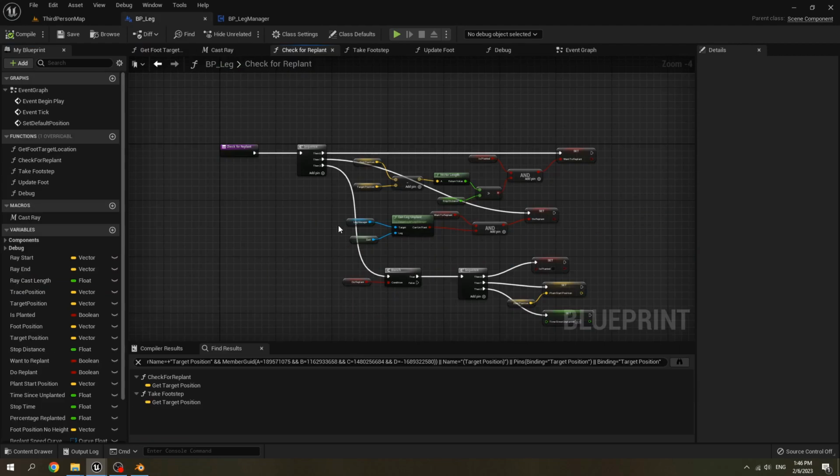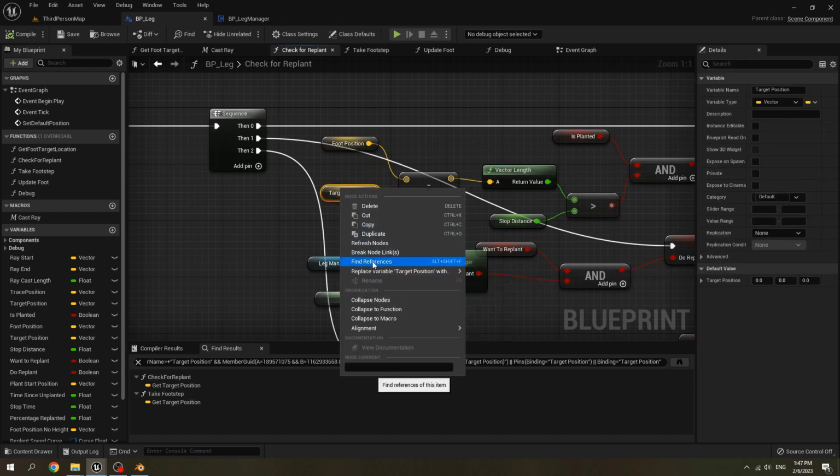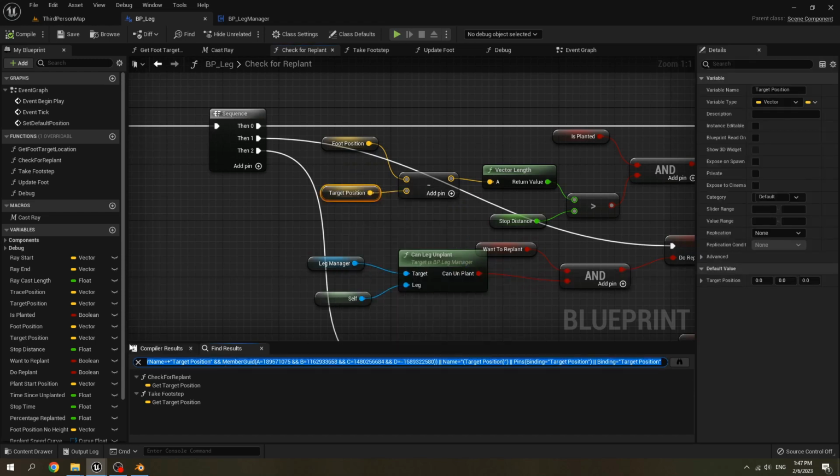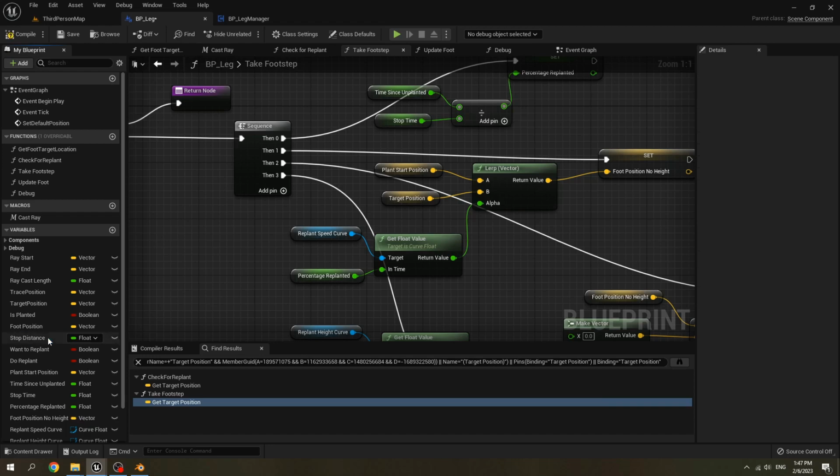Sorry for the mistake that I created two target positions. So go to check for replan function, then find the reference of the target position and replace it all with one target position. After that, compile, then delete one target position.